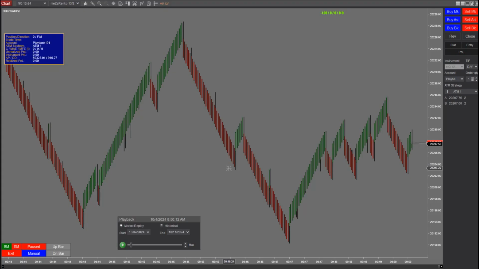But keep in mind that there's a lot of different trade management. They're only going to move in one direction, and they're all independent of each other, and they're only going to move forward. They're not going to move